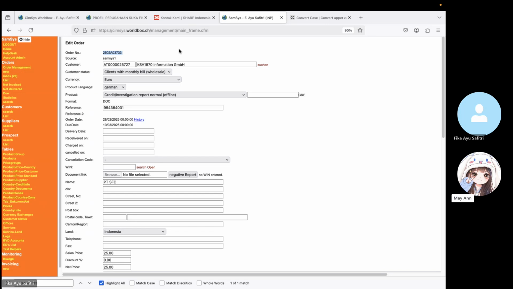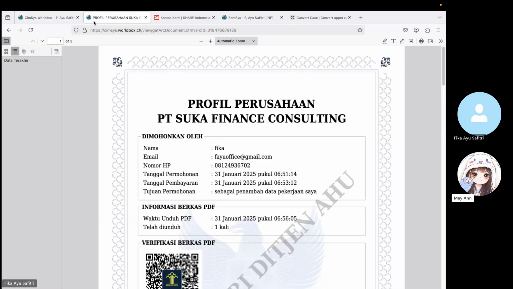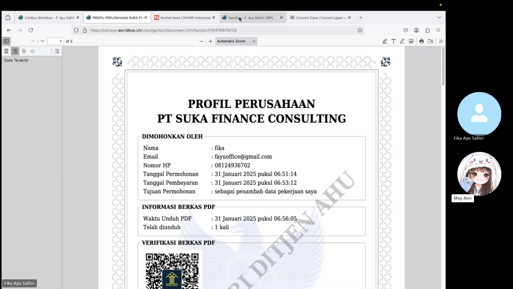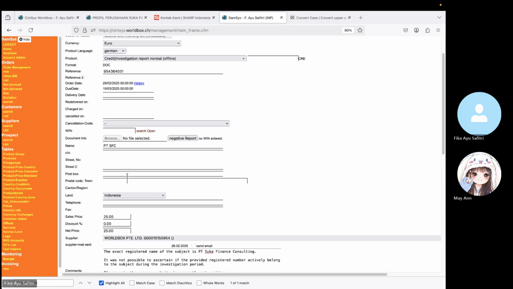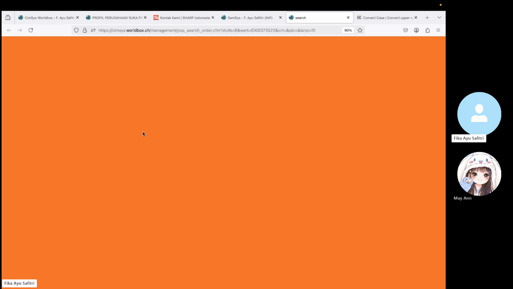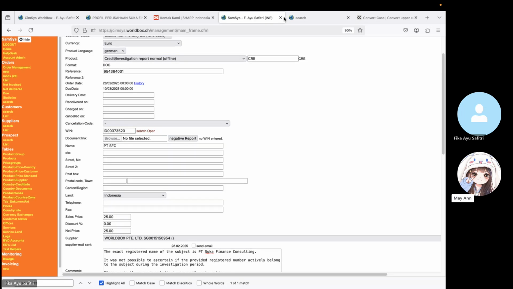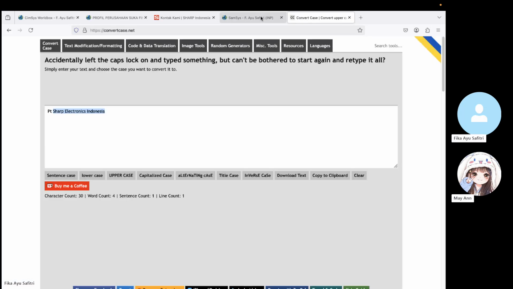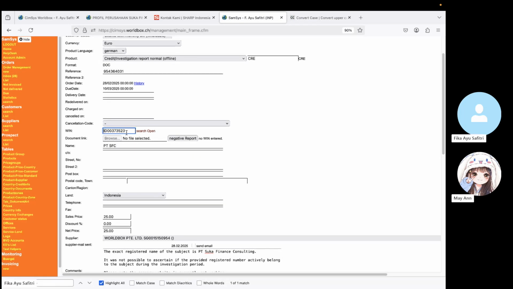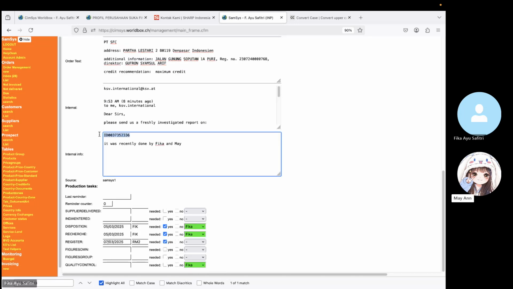So you have to copy the register, the WIN number. Yes, copy the WIN number and then SimSys WIN. Yes, that. Then click search. Yes, click search. Oh, I think you have a space. It's lacking, I guess. Oh, it's lacking. So you can copy the one on the internal if you need to. Yes, that one.